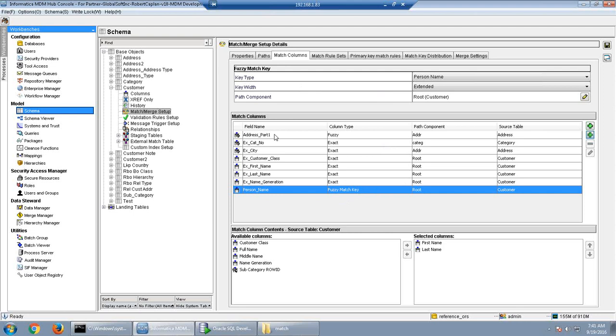It just tells that you have selected this as a key, because that is part of the token generation. The key type and the key width have an impact on token generation, the tokens which are generated. Okay, thanks.